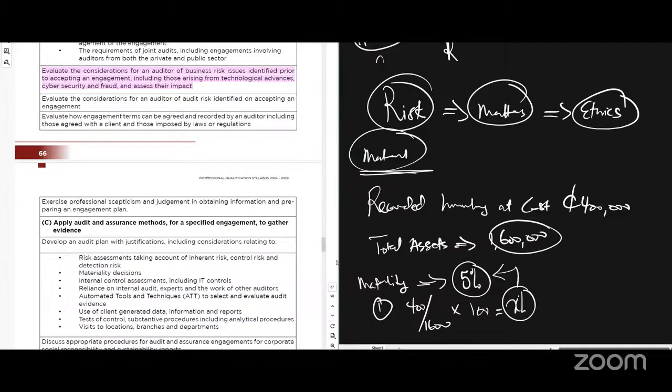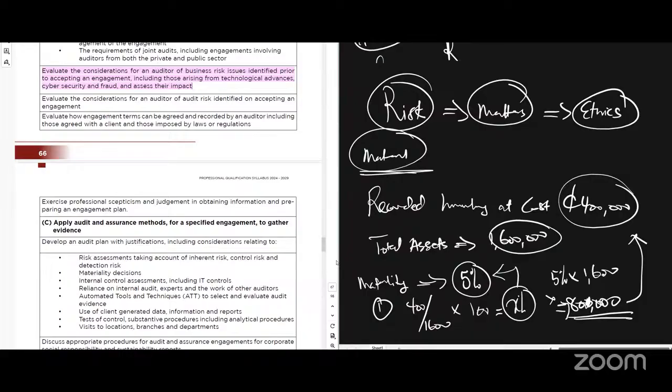Two, you can also do 5% of the 1.6 million. So 16 divided by 2, that's 8. That should give us about 800, right? Sorry, no, that's about 80,000. So if you calculate this 80,000, which is that 5%, and you compare it to this figure, it means that the figure is material, right? Because once it's above 80,000, it makes it material. So it tells you that this inventory you are dealing with is material.